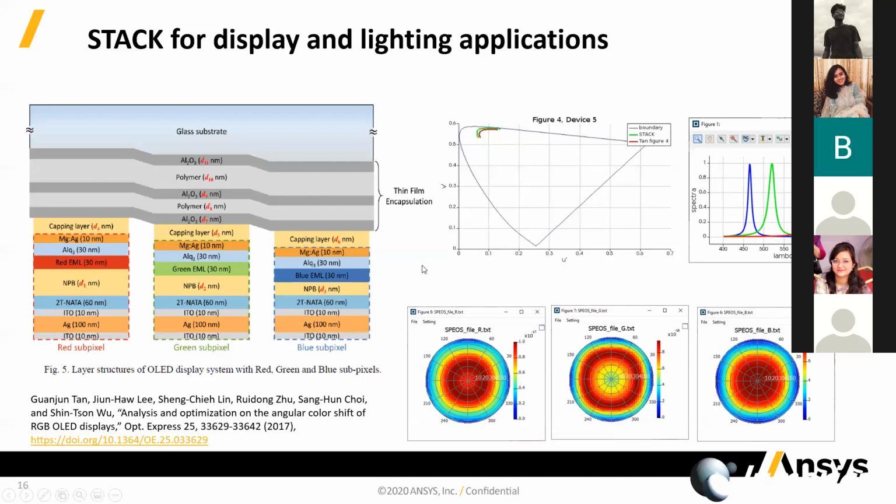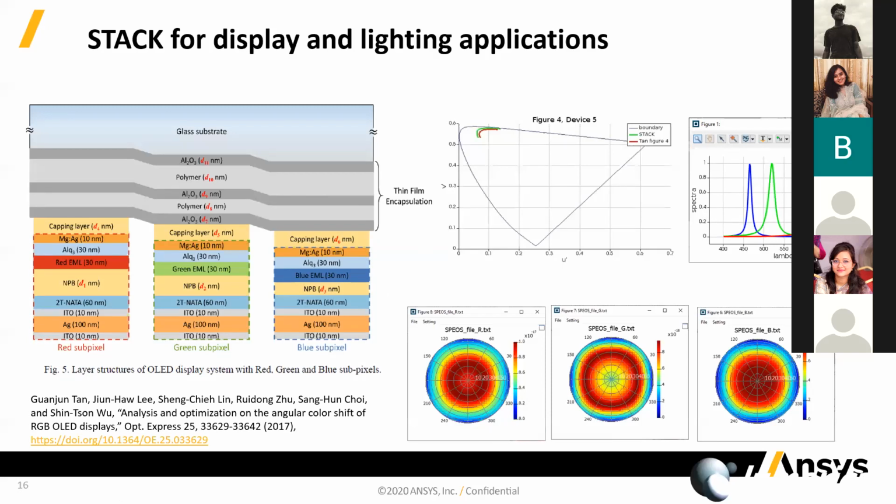This particular page also shows that once you have done the calculation in stack, you can take that information to another tool from the Ansys family called SPIOS, which allows you to load it and run simulations for the entire OLED screen. In SPIOS, you can also simulate exactly what an end user is going to see, which I believe is called human perception.